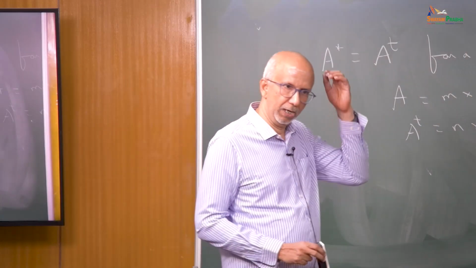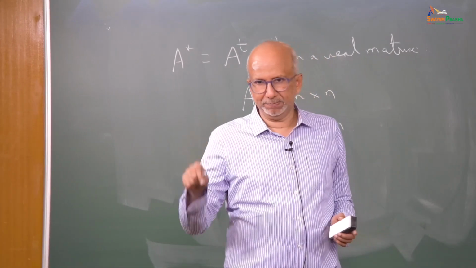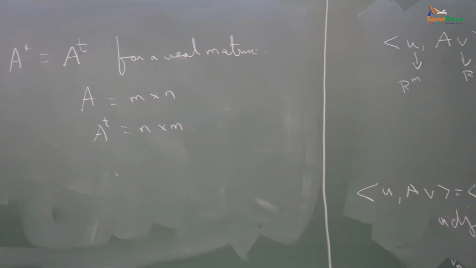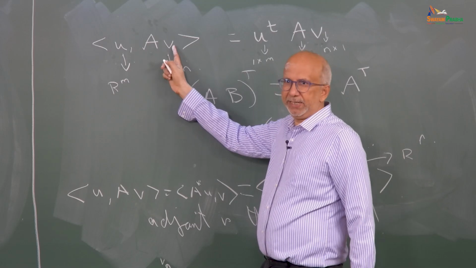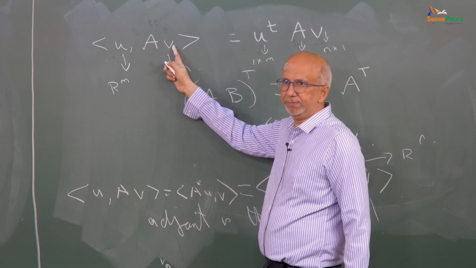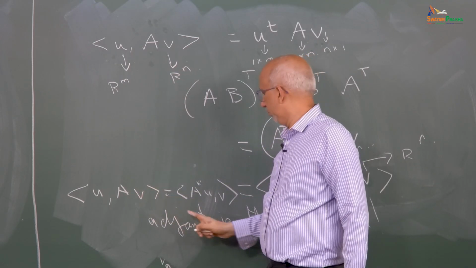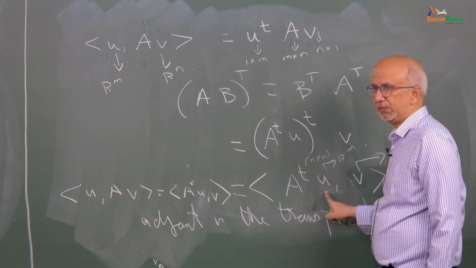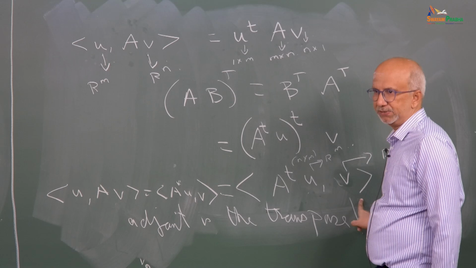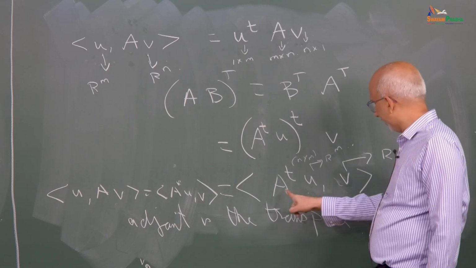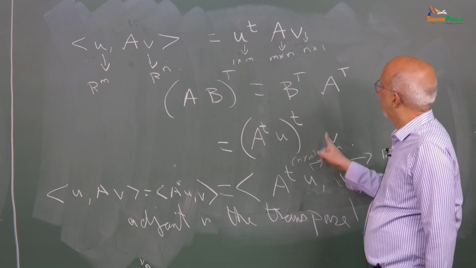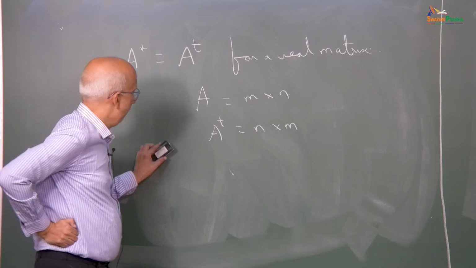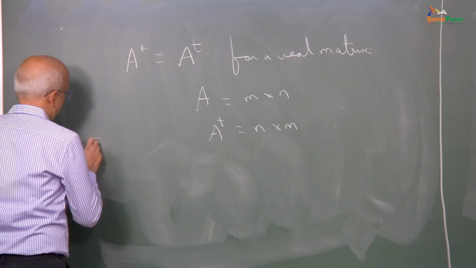Check it, I mean you have to sit down and just take an example and work it out, you will find that it is possible to do the inner product. Since you asked the question, A is acting on Rn, A transpose is acting on Rm. The way I wrote it, u has m dimensions, v is n dimensions. But when I do the transpose, I get n dimension here, n dimension here. When I do the transpose, I get m dimension here, m dimension here. It is consistent.